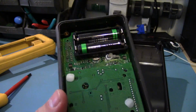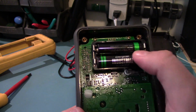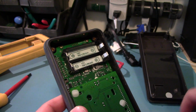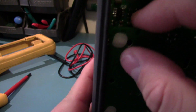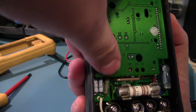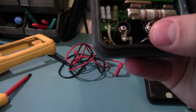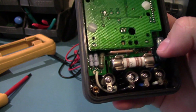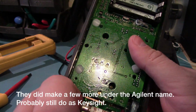It's a dual board design with some lovely industrial alkaline batteries from Energizer. I'll get those out of the way for now, since who knows what we'll be doing with the meter. And this board, not sure how we're going to get that out. It's got press fit posts on it, so I might have to somehow take out the whole board and then pop this off from the other side. The binding posts are nice screwed in type, soldered wires running to the board. You can see an old carbon film resistor. I'm not sure exactly what year this is. I know HP didn't make too many handheld multimeters, so